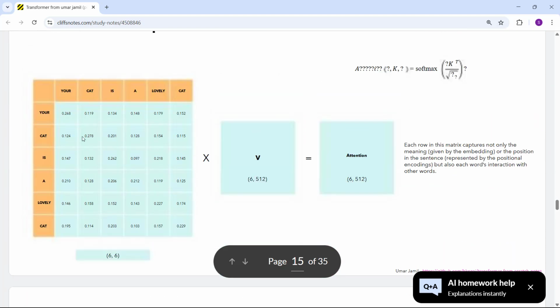And if you notice here, this is of size 6 by 6, right? And they are using a GPT model, that's why the vector dimension is 512. We are doing query times the transpose of the key matrix, so the 6 will cancel and we get 6 by 512. So by using this attention score, this will solve the one word, multiple values problem, that is, apple is a fruit or apple is a phone, right? So you can easily understand the relationship between each word with respect to each other word.